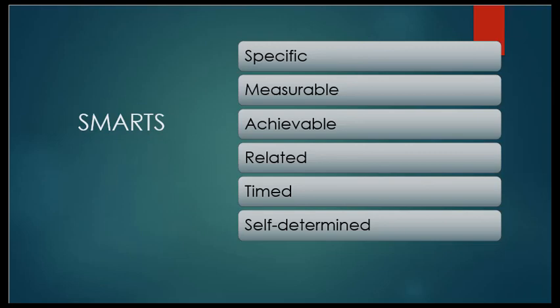So for instance, if you are setting a goal on behavior, you want to make sure that the goal is related to the behavior you want. If it's related to a skill or a task, that it's related to the skill or task that you want the outcome to be achieved. Next, they need to be timed. And this could be short or long term. They could be on a day-to-day basis, a weekly basis, a monthly basis, or a longer set of time, but they need to be timed so that you have an opportunity to stop and evaluate, make adjustments as needed.